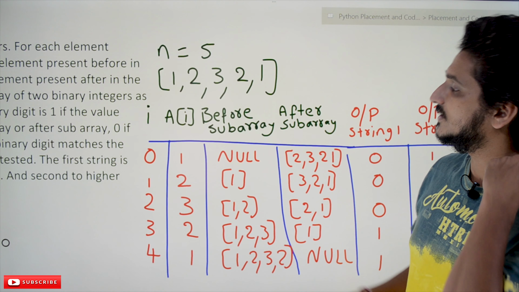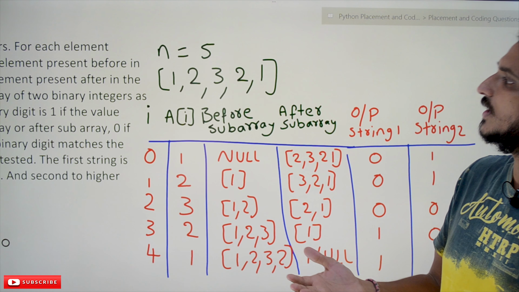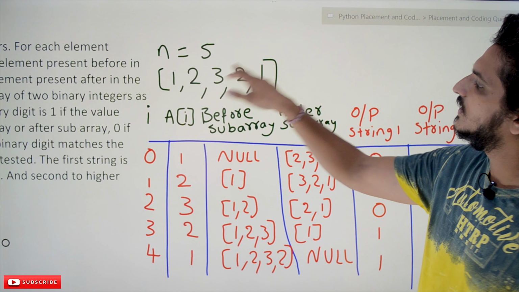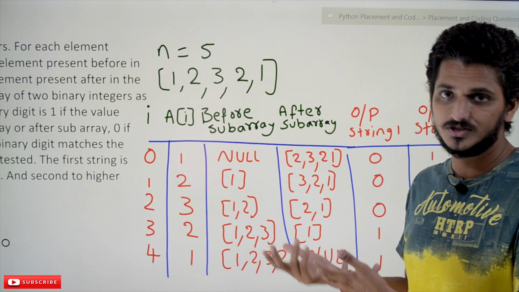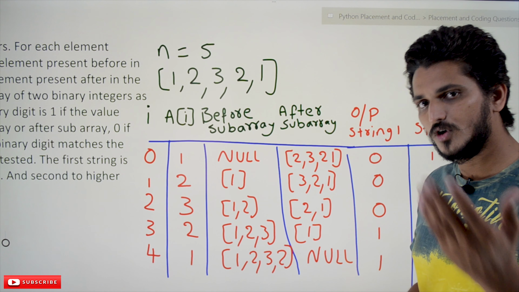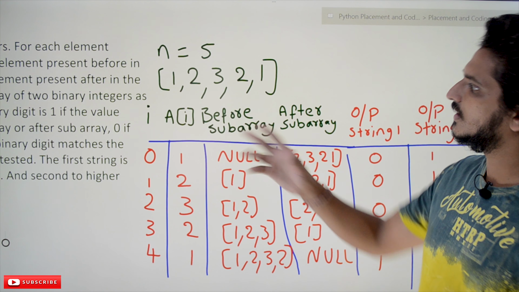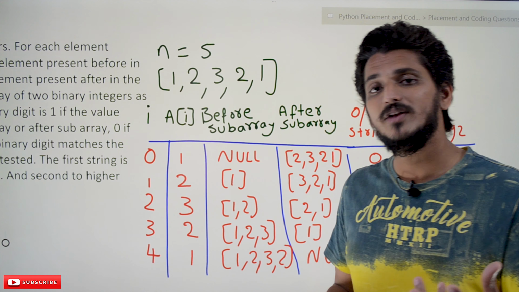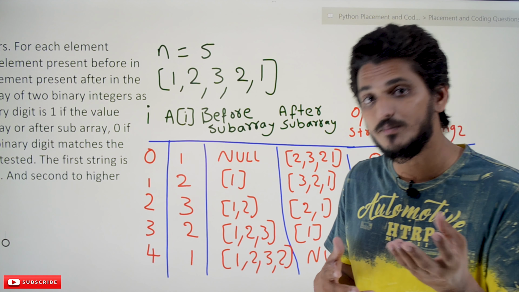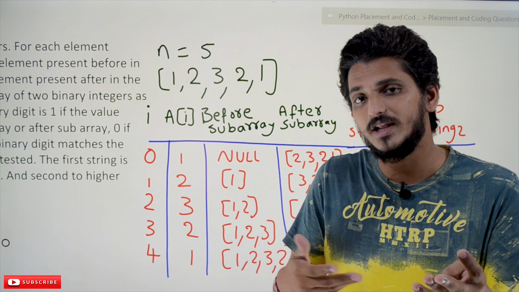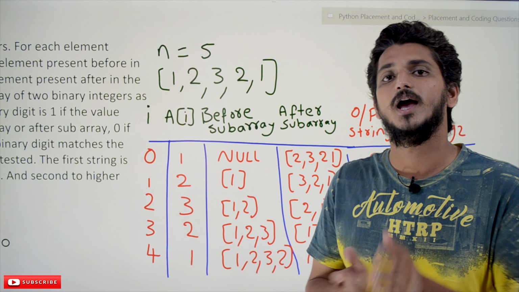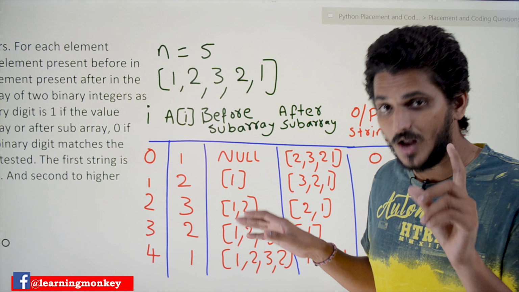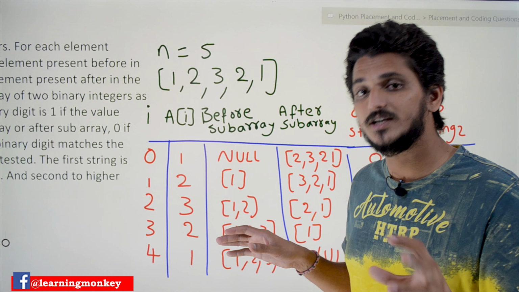N is equal to 5. This is what we have to give as an input. The number of elements is given as an input, and the elements should also be given in the input. We are taking it in a list because we are following Python. If you're going in other languages, you can take it in an array. With this example, you will understand the benefits of the methods available in the list, and how they help us reduce the code in Python. It's very, very important. You try to solve it, and you will understand the benefits of the Python methods that are available.